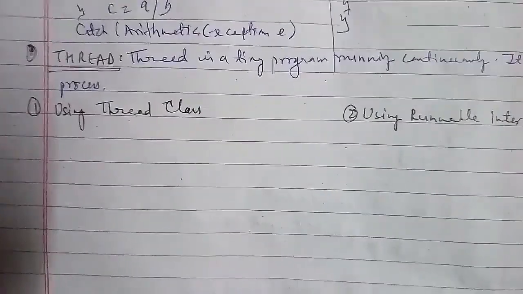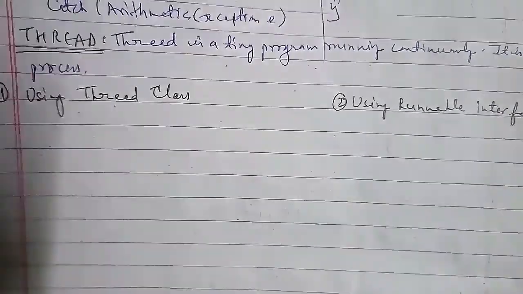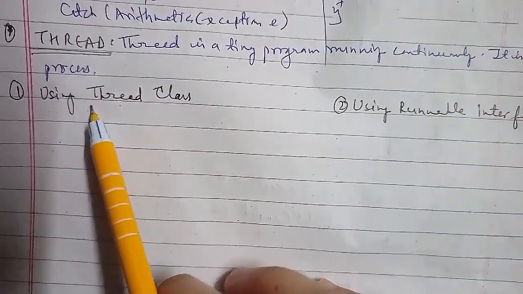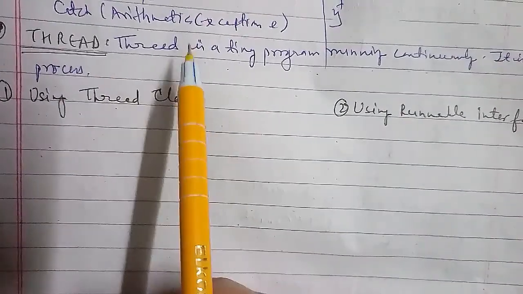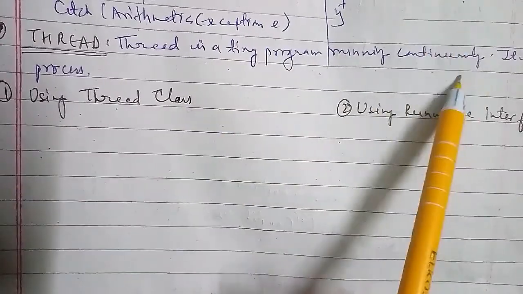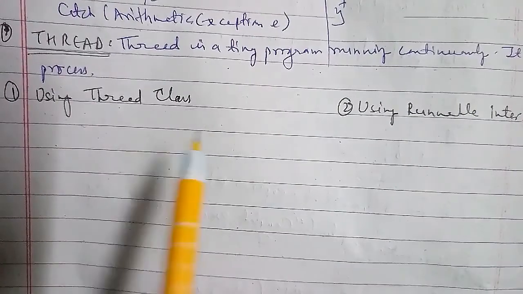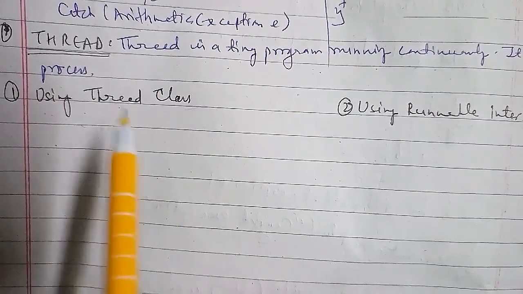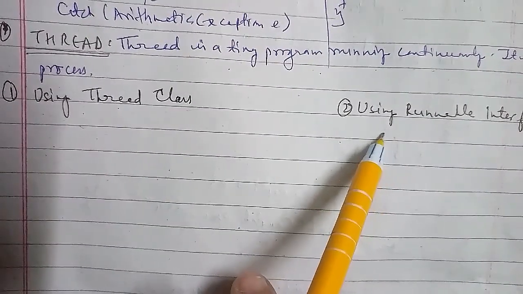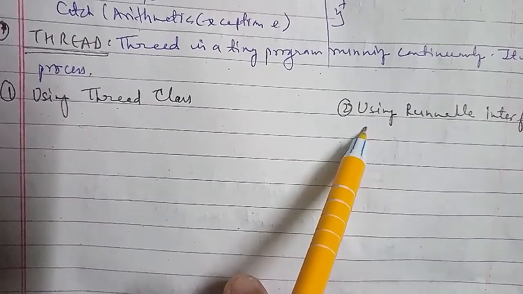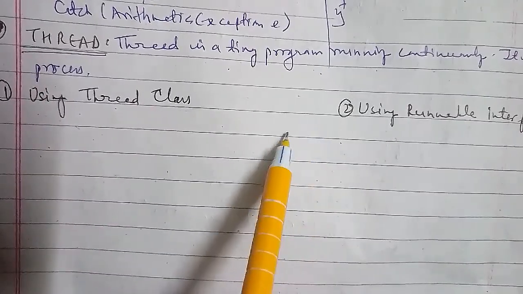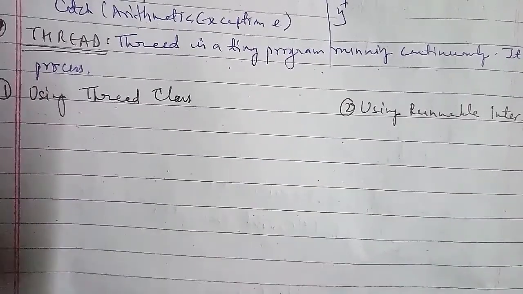Examples of the thread program using the Thread class. We'll start with the Thread class, and after that we'll do it using the Runnable interface. Both are very important and you have to write them down. It is not that long, but yes, of course it is long. So we'll go one by one, using the Thread class first. To start with, class ThreadDemo extends Thread. We'll draw a line to divide it into two halves, so we write a separate program for both.